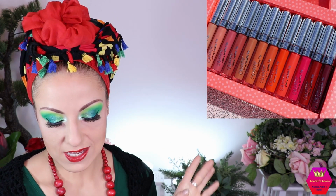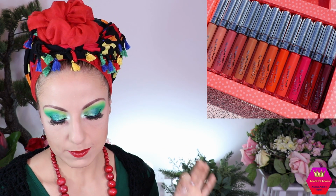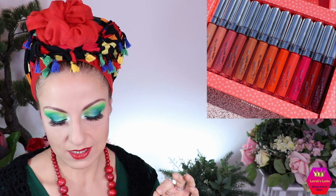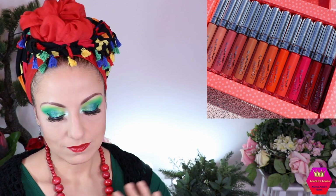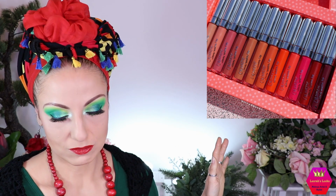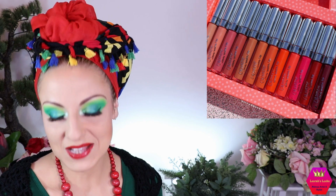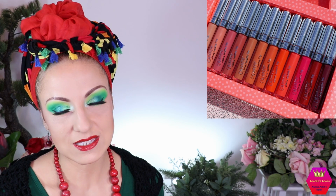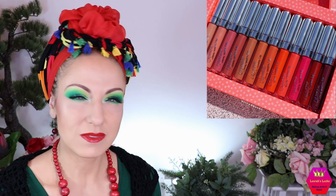The next thing I wanted to show you is from Colourpop, and it is still their birthday month, so they are popping out nice extras. So this is the Kiss and Makeup Ultra Matte Liquid Lipstick Set. It's beautiful. It retails for $58. Do I need this? No, but the colors look really, really nice,